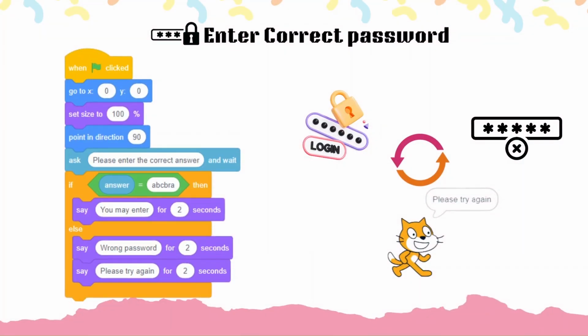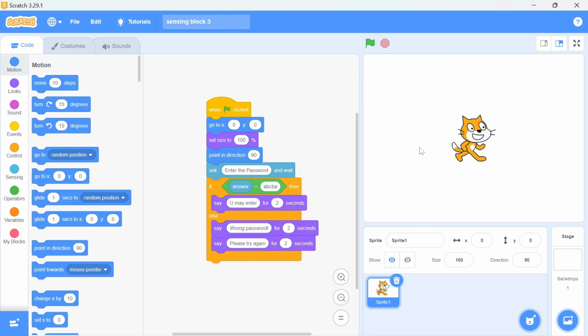The very first one is enter correct password. So I hope you would have tried it. Let me explain the code. We can just jump on to our Scratch editor and there I'll show you. It will take much time if I start coding here, so I have this code here. I can explain very well. The starting is quite easy. When green flag clicked, we will set our X and Y coordinates.